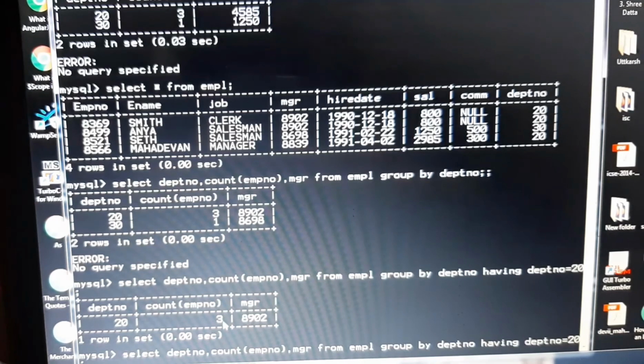We can also write this like select department number, count asterisk, count EMP number, MGR from EMPL group by department number. In having we can change the condition to count EMP number less than or equal to 1.